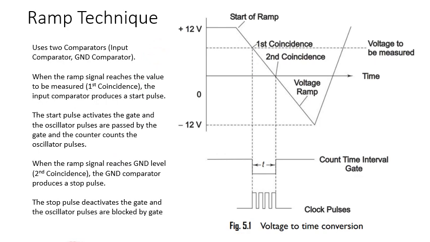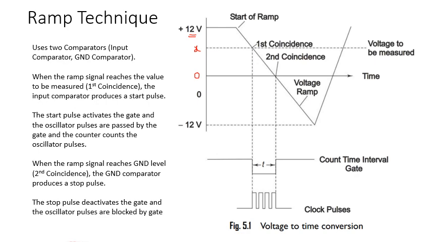the voltage that you want to measure lies between 0 volts and 12 volts. And with respect to this diagram, let us say this is the point X. This X represents my voltage that I want to measure, or the unknown voltage. This X represents the value that you want to measure.